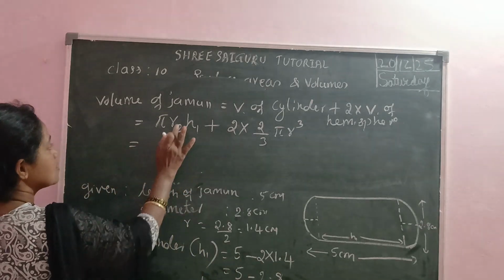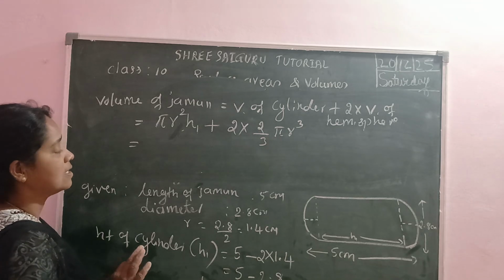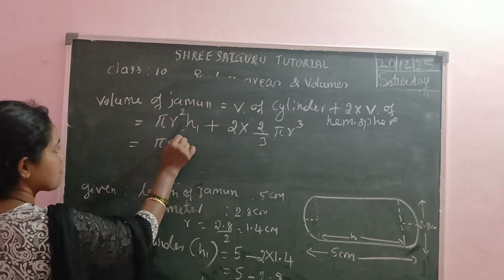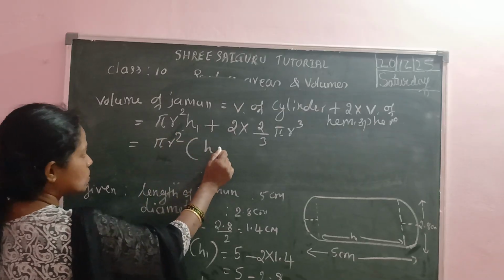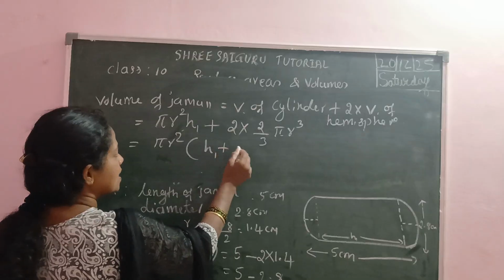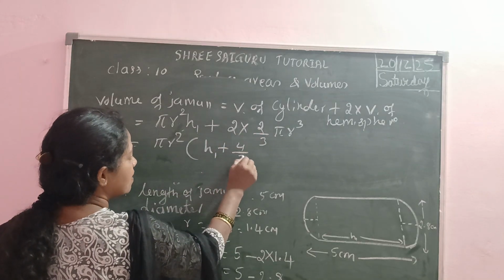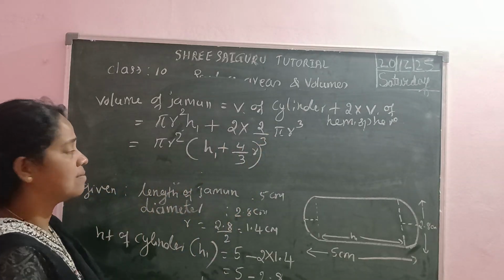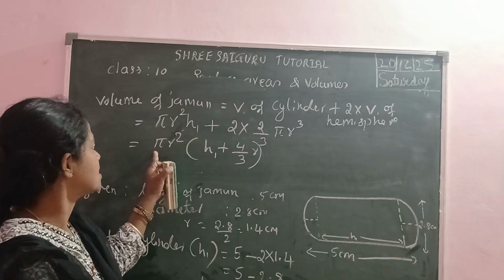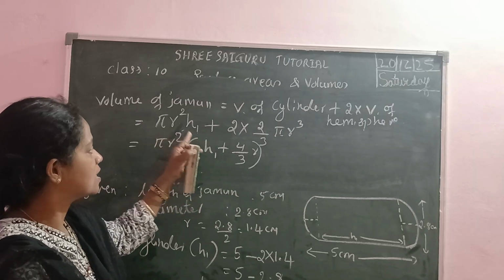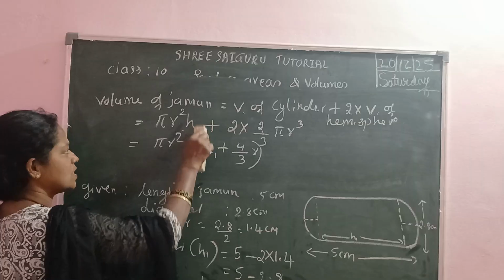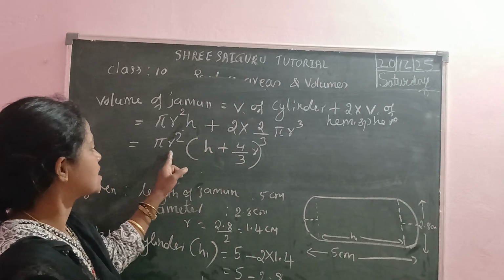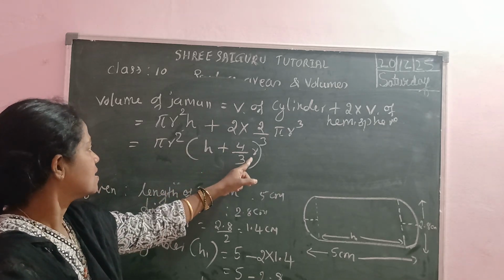So now it is pi r square. Then here I am taking pi r square common. Pi r square common, h1 plus 2 2s are 4, divided by 3 into r. So here pi r square is common, remaining. Once you check, how to check? Pi r square into h1 is pi r square h1. Take this h1, no need here, take it as h only, the height of the cylinder, plus pi r square into 4 by 3 r is, how much?